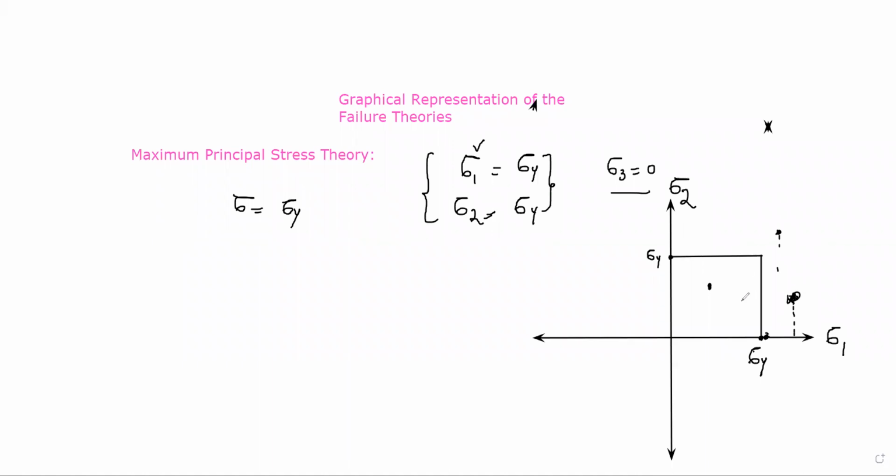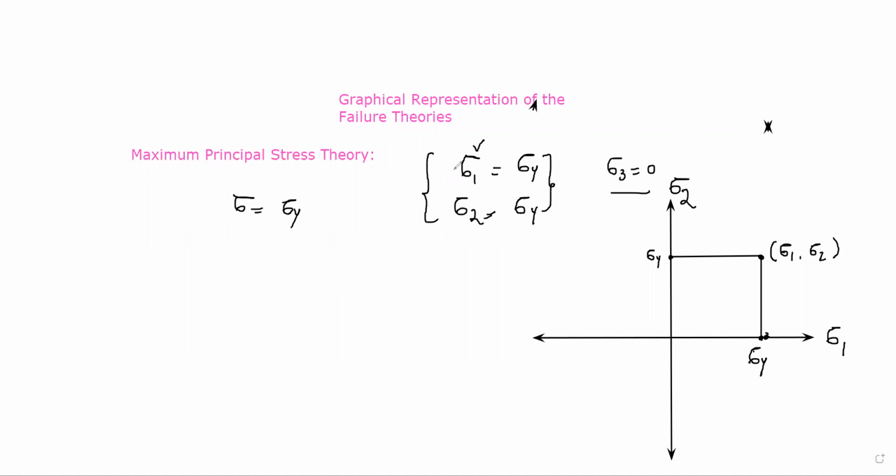So the stress distribution, that is sigma 1 and sigma 2, should always lie within this first quadrant when sigma 1 and sigma 2 both are positive. So let's write here, the coordinates of this point are positive sigma 1 and sigma 2. Fine. So when both are positive, then for two-dimensional states, the state of stress should be within this region. That's very important. Fine. Now if both are negative,